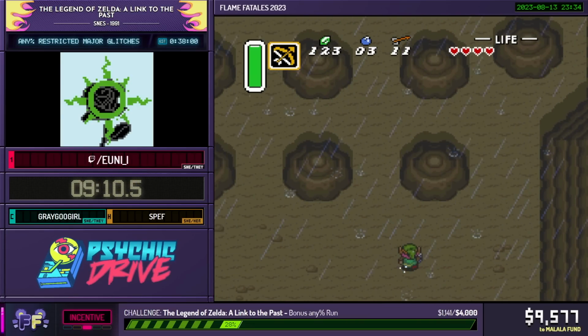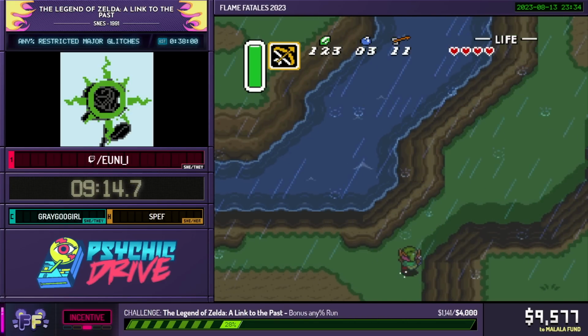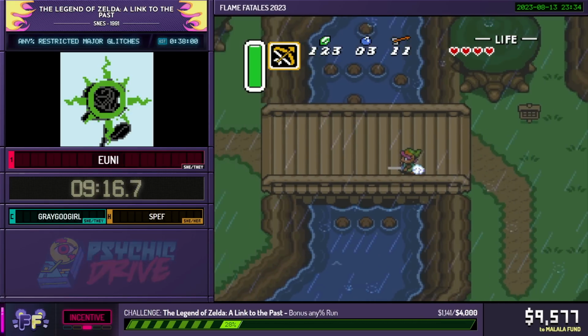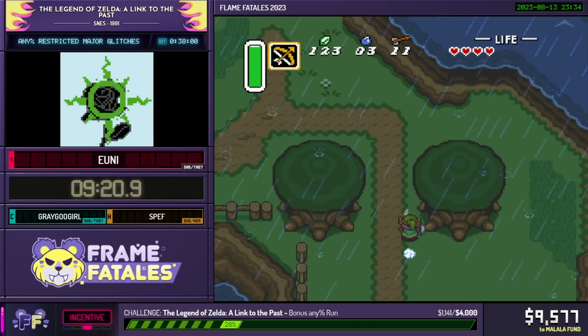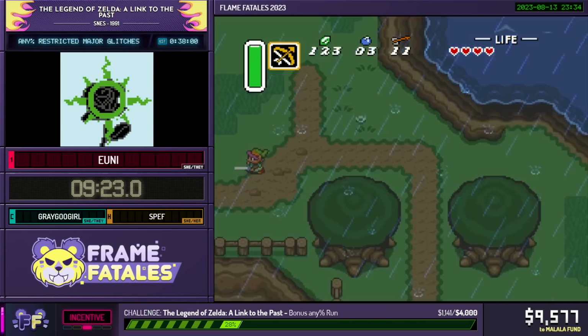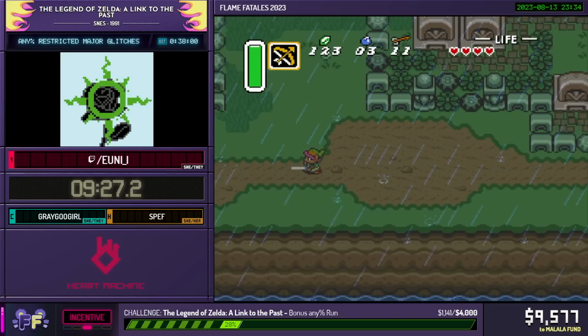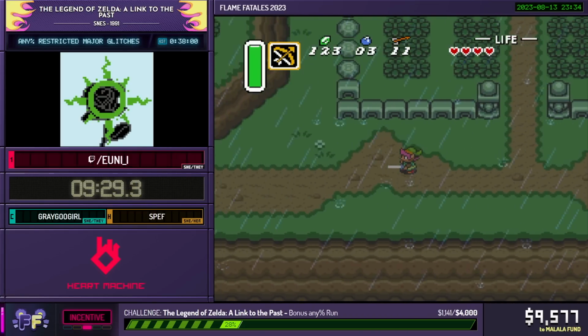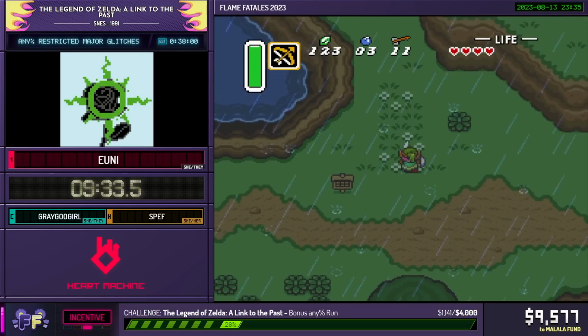Right now, I'm going over to the northwest corner of the light world, and I just want to point out it's currently raining on the overworld, and there aren't any enemies on the overworld. That's going to be really important in a bit, so just keep that in the back of your head. But a side effect of that rain is that normally, when I go up Death Mountain, which I'm going to,